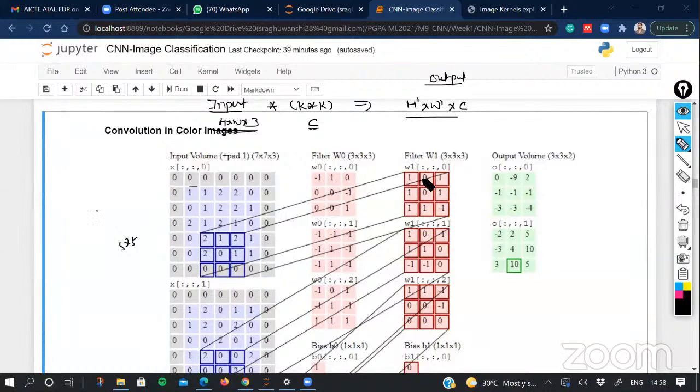And when you roll this filter, this is the very first operation that you perform here. So this filter is performed here. Then you stride, take next and next. So next time when you take this stride, you can again have a choice to take a stride of 1 or a stride of 2, something like that. So if you take a stride of 2, we can make a shift of 2 instead of 1. So there are parameters we can play with whenever we perform the convolution.